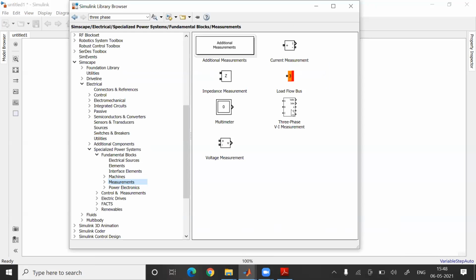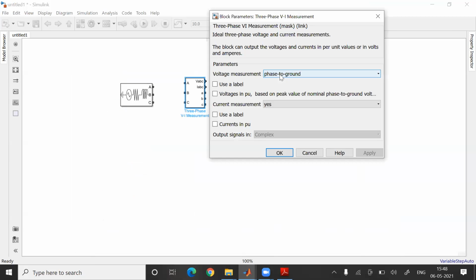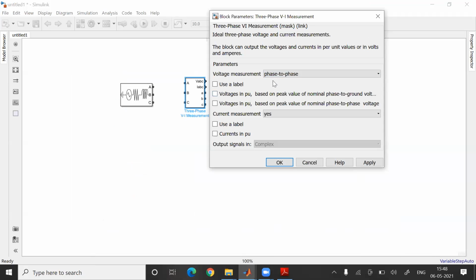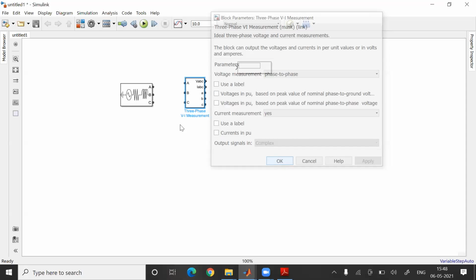Okay, this will take this measurement box, where we only have to see the voltage. So we'll not go for voltage to ground, we'll go to the voltage to phase. We don't want current measurement, so we'll not go to the current measurement. This is your three phase. What you have to do is just connect to this.